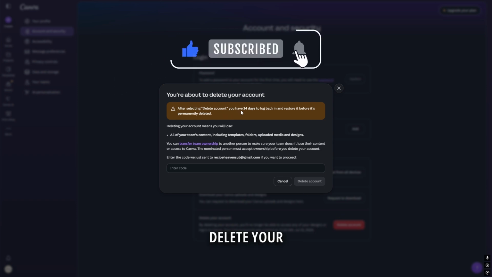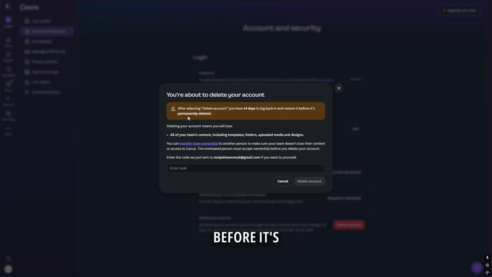After selecting delete your account, you have 14 days to log back in and restore it before it's permanently deleted. Deleting your account means you will lose all of your team's content, including templates, folders, uploaded media and designs. You can transfer team ownership to another person, and if you go into your email I have right here, you